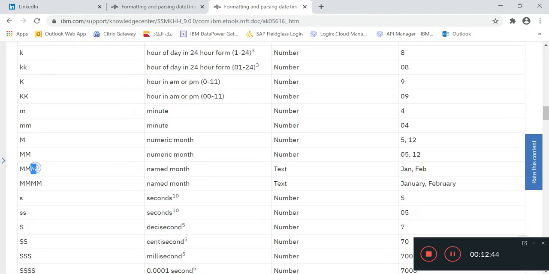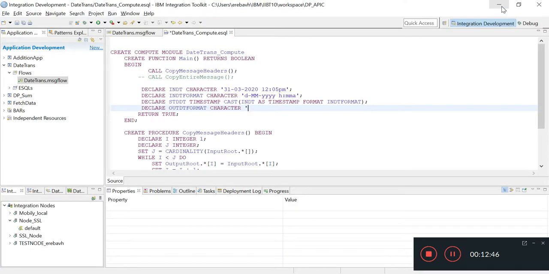So we have to use here triple M, slash, then day.